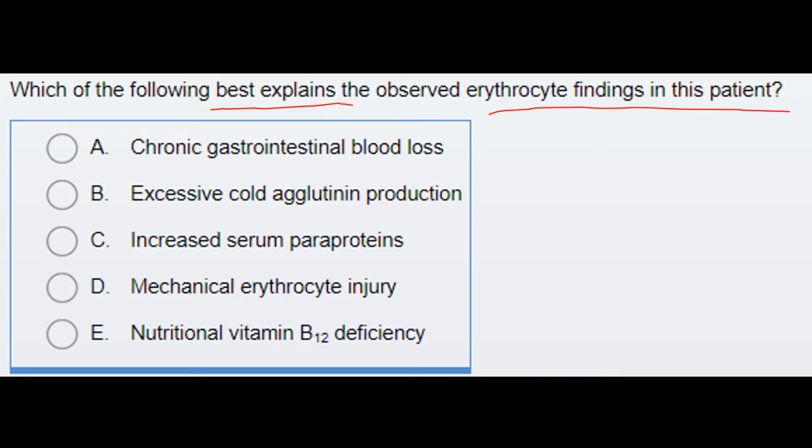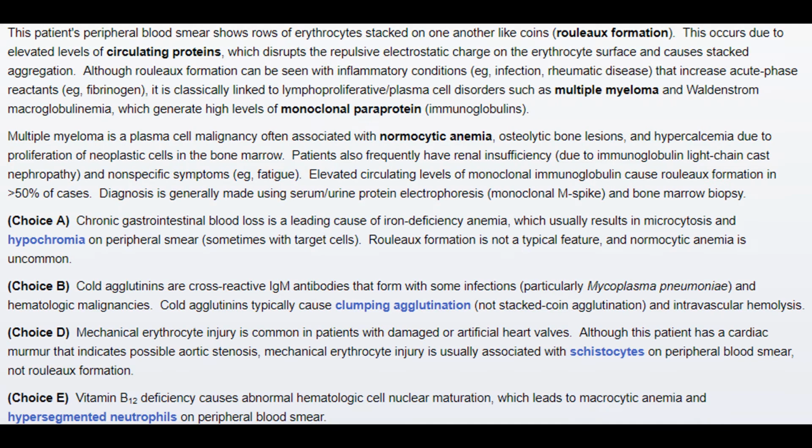Since in the previous question we have seen that the peripheral blood smear contains the rouleaux formation that is indicative of multiple myeloma, the most likely explanation of this finding will be increased serum paraproteins. Now this patient's peripheral blood smear shows rows of erythrocytes stacked on one another like coins, that is the rouleaux formation. This occurs due to elevated levels of circulating proteins which disrupt the repulsive electrostatic charge on the erythrocyte surface